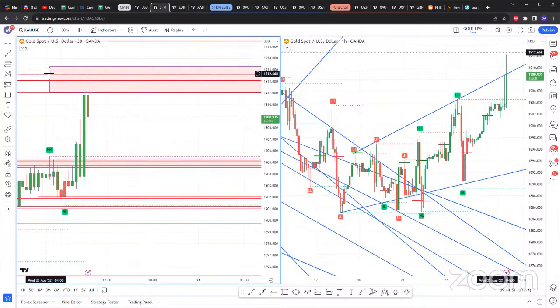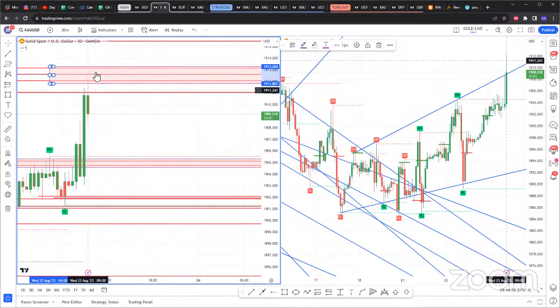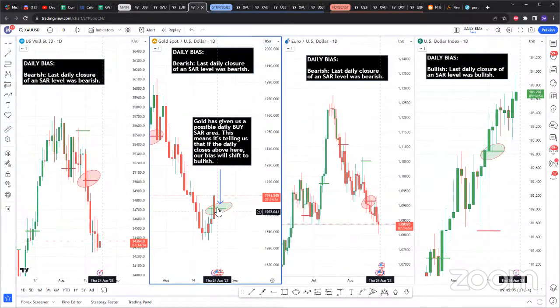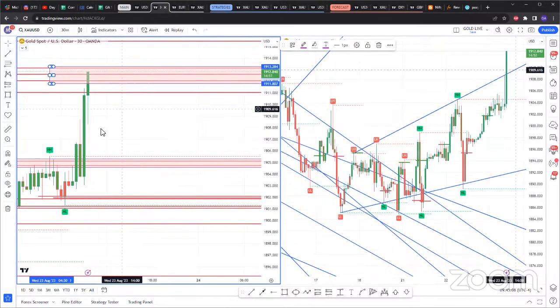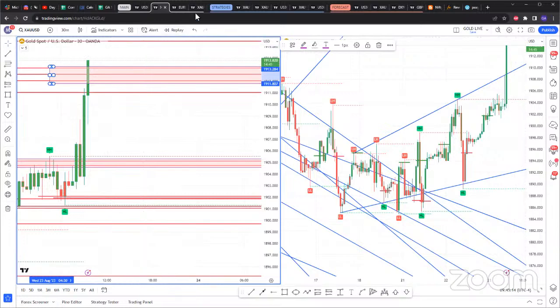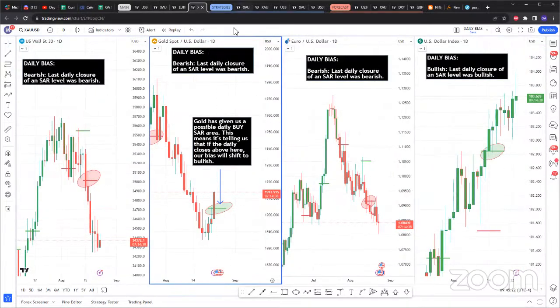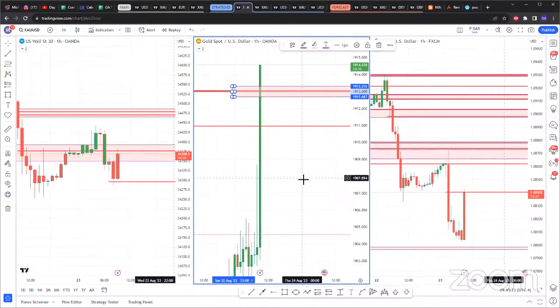we have triple, I won't count the bottom one. So we have a triple SAR sell. You would need 2 candles to reject below here. But given the time of day, and given that I'm always looking to trade in the direction of bias, I am not entering anything. I was being cautious. I stopped out at break even just now on gold. If you always follow the bias, and for me, I follow the bias and I follow the 4 hour and 1 hour.